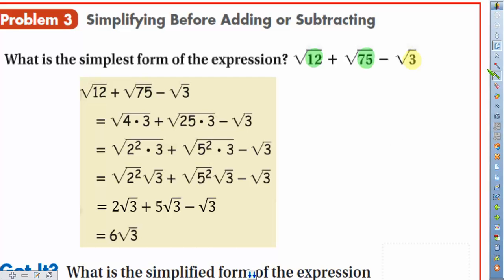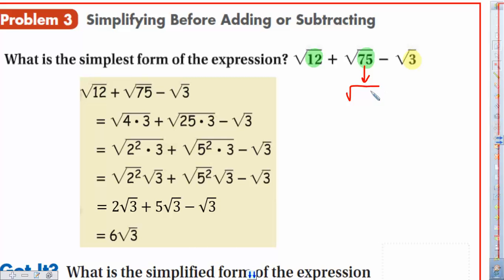I will say this. In many, many situations, if you can find the one that's already simplified and you cannot simplify it, watch this little cheat code when it comes to the other two. If I'm looking at the square root of 3, and I take that 75 and divide it by 3,